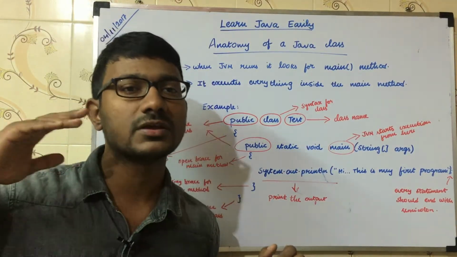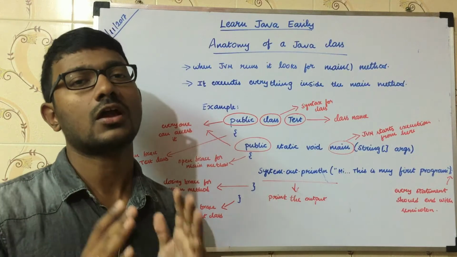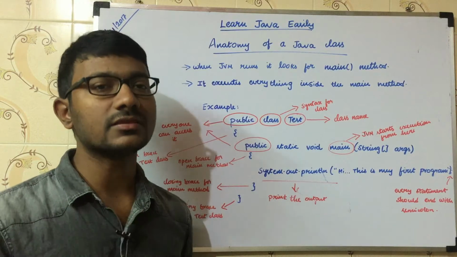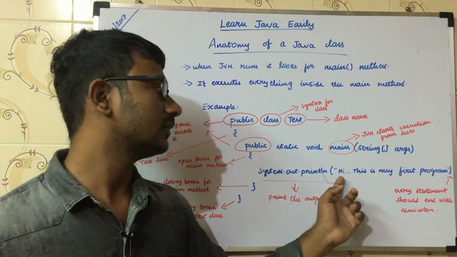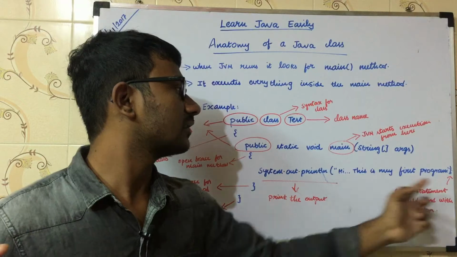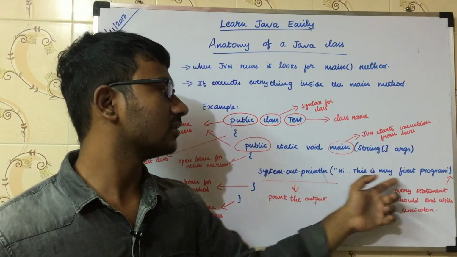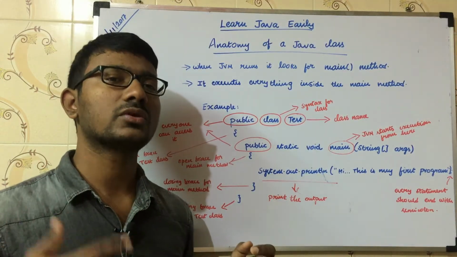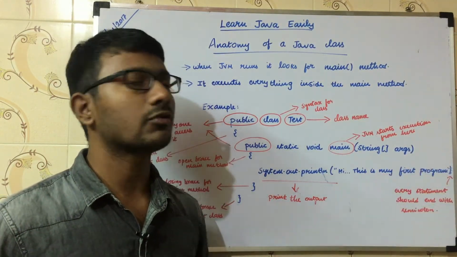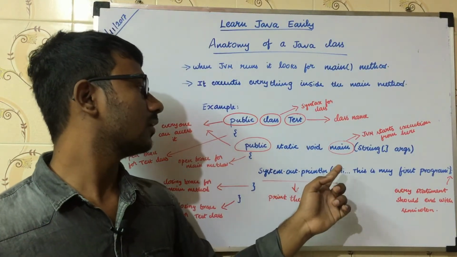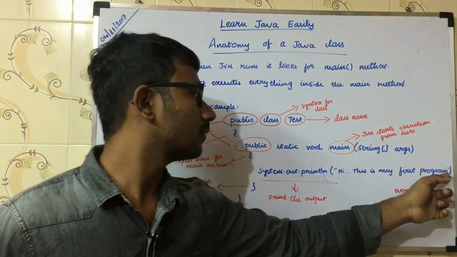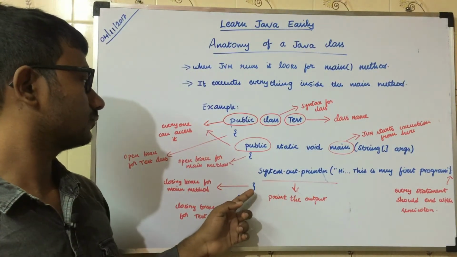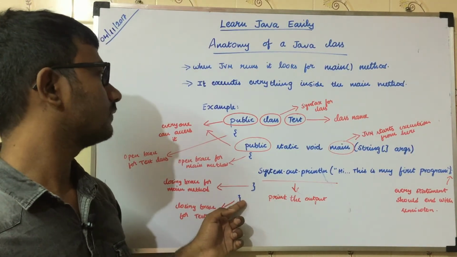System.out.println has a specific meaning. We will talk more about that in the upcoming videos. For now, just consider that system.out.println tells the machine to print whatever is present inside these brackets. I have put "Hi, this is my first program". If you like, you can put "Hi, hello world, this is my first program", anything; you can write anything inside this bracket and it would be executed, provided you write it inside double quotes. That's it. And this is the end of this main method. So this is the end of this test class.